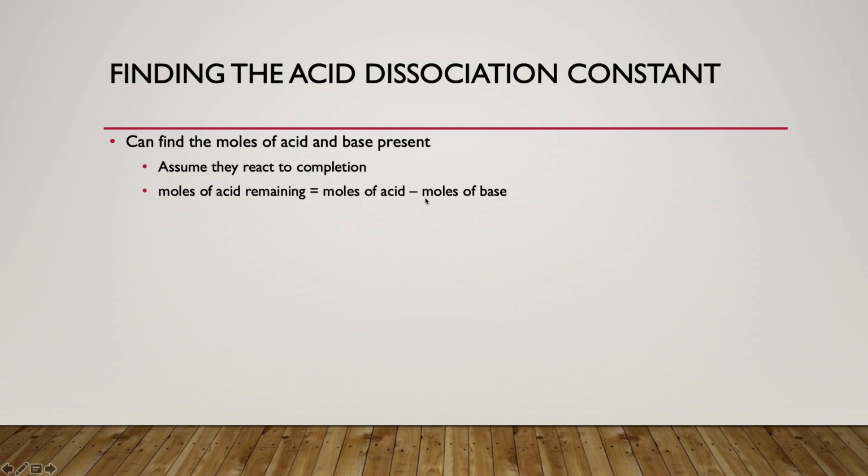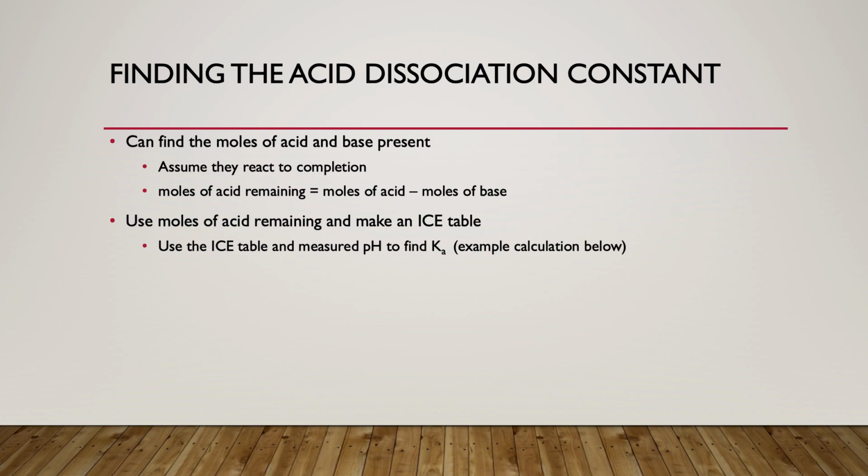Right? And we'll talk about, probably in lecture, something called the BCA table that will basically go through a similar process. But really for lab, and the way the CSE Pub has things set up, this is how you're finding the moles of acid, and it will probably refer to this as the moles of acid at equilibrium. And again, I'll talk about in a minute why that's really the moles of acid at equilibrium. And once you know how many moles of acid are left after this neutralization reaction,